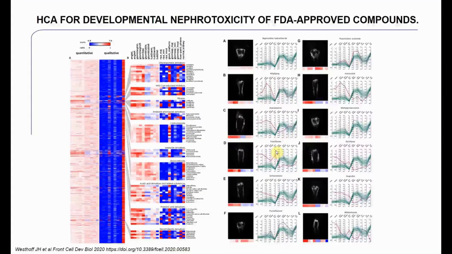And what you can see is that some of the different compounds have quite different profiles. And so this one here, for example, has a very different profile from this one, but this one is kind of similar to this one, maybe more similar to this one. And so this kind of shows you that you can probably get some sort of insight into mechanism of action from the shape of these